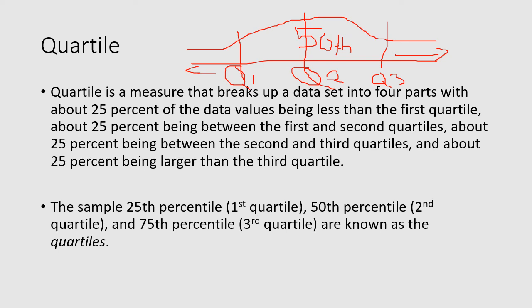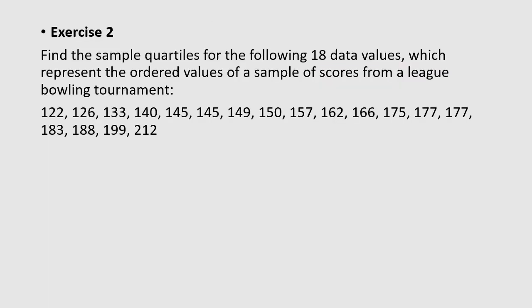The third quartile is actually the 75th percentile, and the first is the 25th. So when people ask, can you calculate the first quartile? Yep, that's the 25th percentile. Can you calculate the 50th percentile? Yes, that's the second quartile. Can you calculate the third quartile? That is the 75th percentile. Okay, now